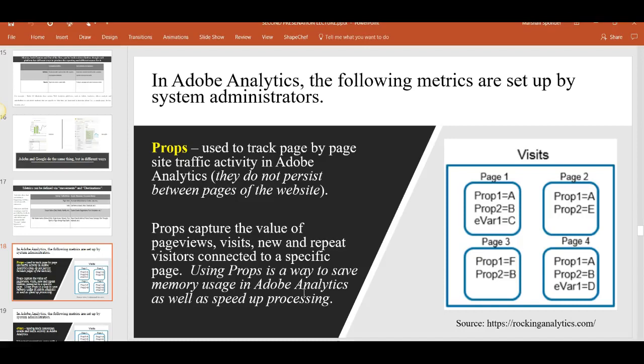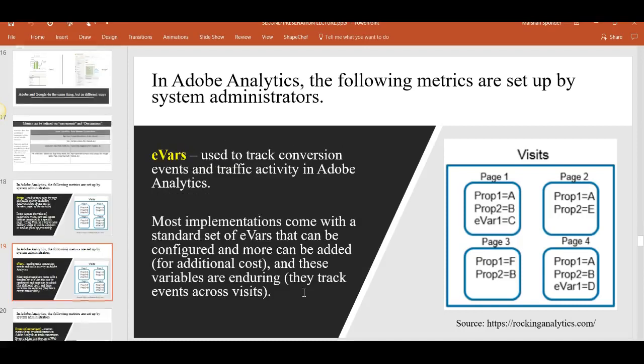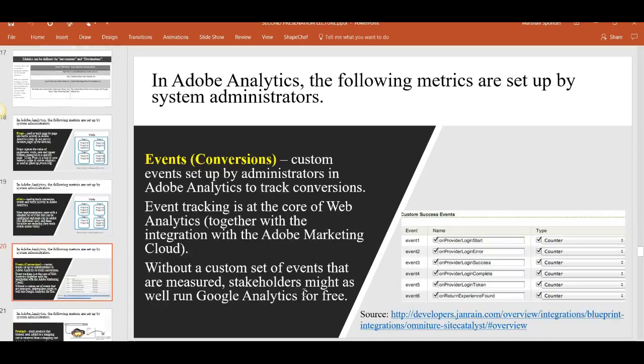If we were going to get very deeply into how we set up these platforms in an admin course, which we're not going to do here, these things would matter. But I'm just bringing out that in Adobe Analytics, if you're ever going to take the certification exam, you would need to know this. Like eVars, used to track the conversion in Adobe Analytics. So these would be more like your goals in Google Analytics. And I give you some standard ones that come out of the box when you do get Adobe Analytics, and a bunch of them that you can configure. So that's just something to know.